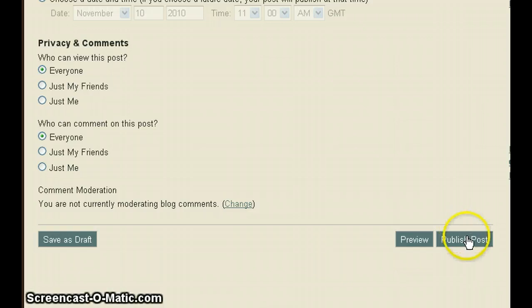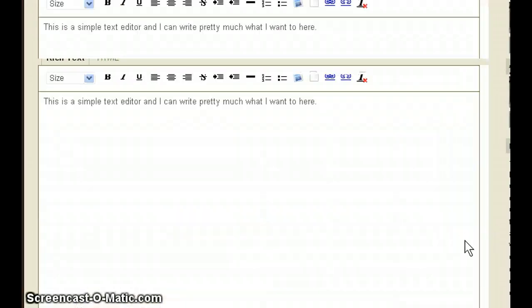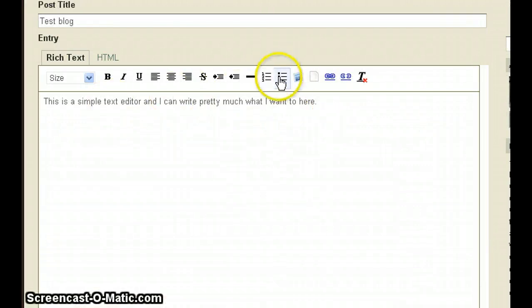I'm not going to do that because I don't want to publish this post. I just want to show you how this works. And if I go back up, let's suggest you want to add a picture. At the moment the cursor is blinking just here, and that's where my picture will go. So let's say I want a picture to go a little bit further down. If I click on this insert image,